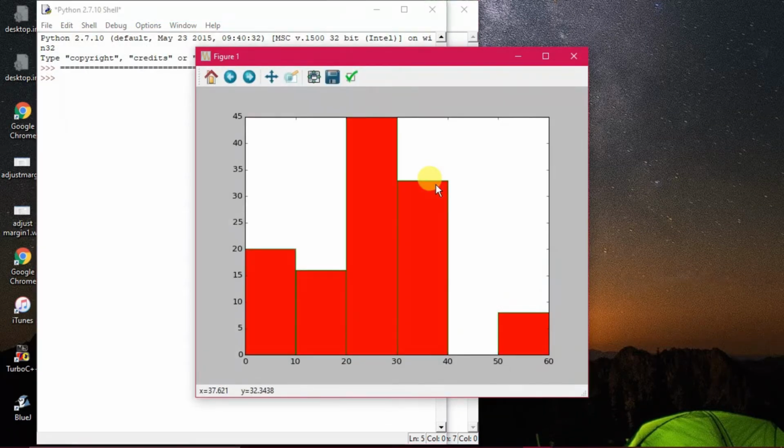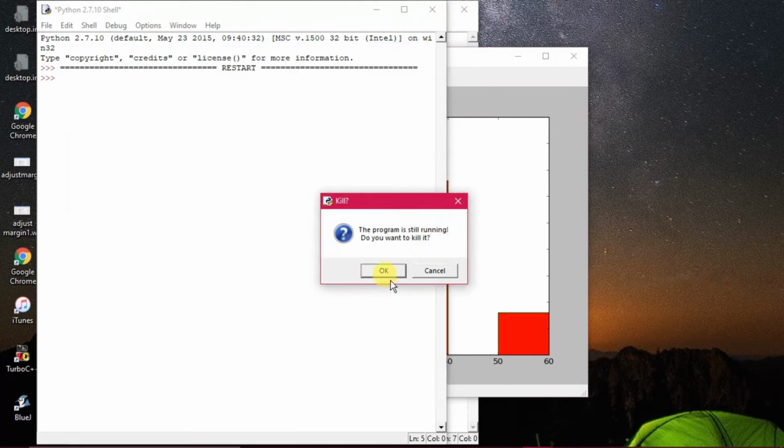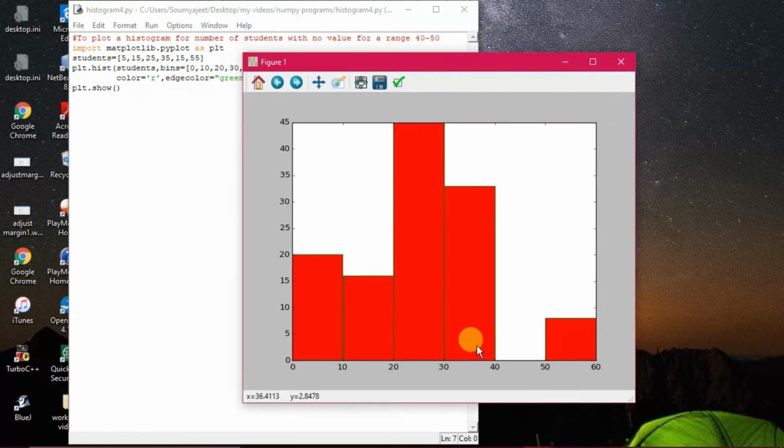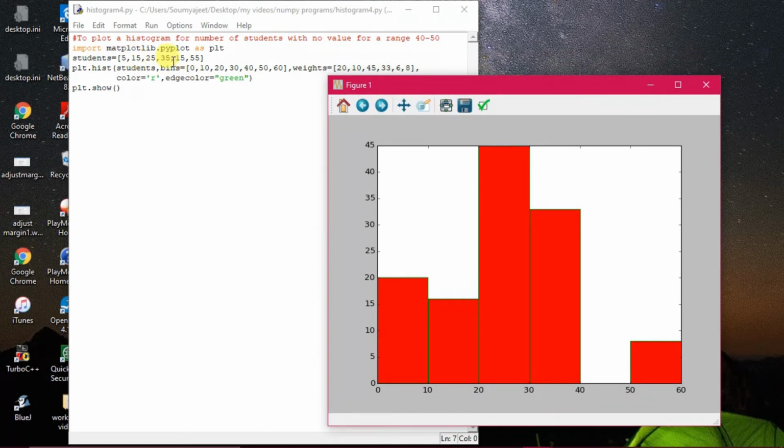As it is observed from the output, let me close it. As it is observed from the output, you see out here at 40 to 50 there is nothing. There is no value for 40 to 50. This is because in the source code we have placed two values as 15 for the coordinates. You can see the two values 15 and 15 in the coordinates; at interval 40 to 50, nothing is displayed because we have not mentioned a position from 40 to 50 in the first argument list. It shows 15 and 15 out here.